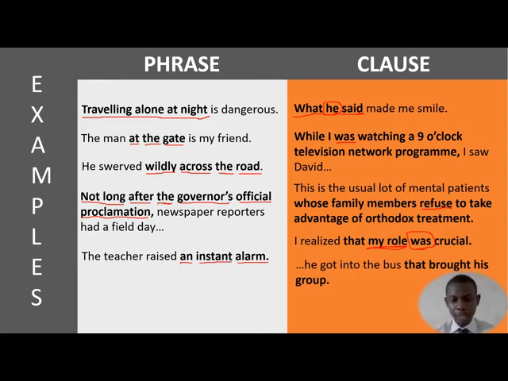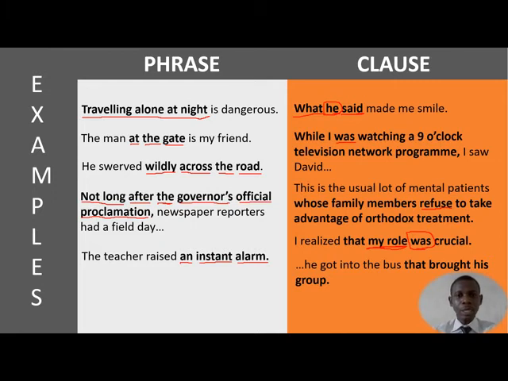Now let's take this last example: He got into the bus that brought his group. Brought is the finite verb, and the subject of brought is bus, of course being replaced by that as a relative pronoun in that expression. So everything here is also a clause because there's a subject for brought, which is bus, that is being replaced by that, which is a relative pronoun. So I believe with all these examples now, you should be able to